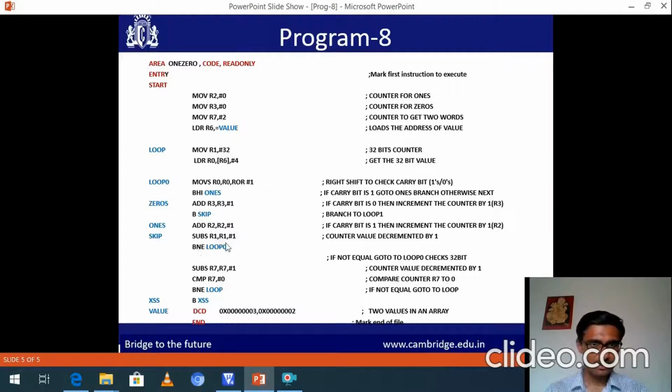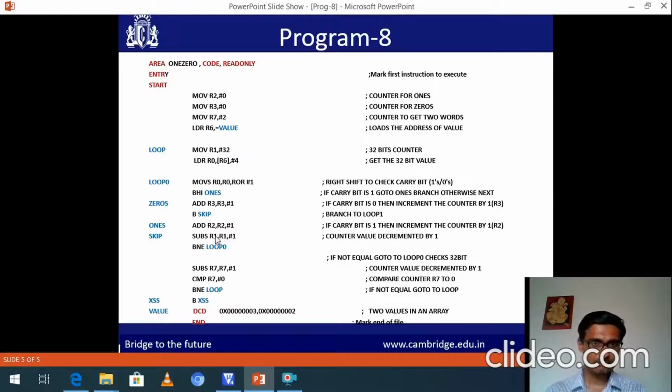After the subtract instruction you don't have to do a comparison, because this instruction itself modifies the flags, as the S indicates that the flags are modified after the execution of this. So after the decrement, if R1 is not equal to 0,